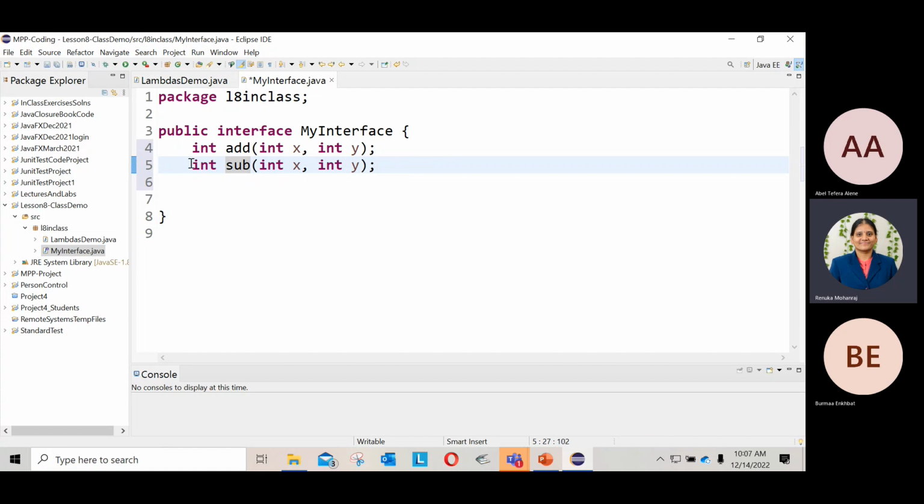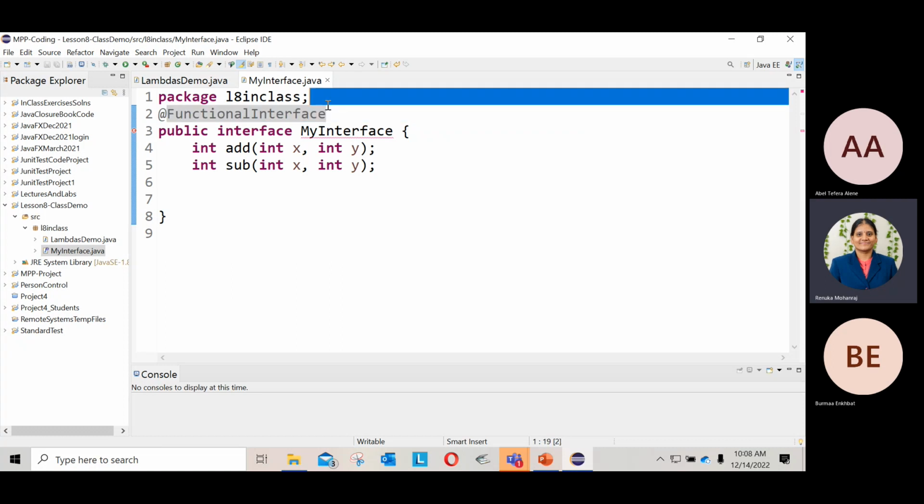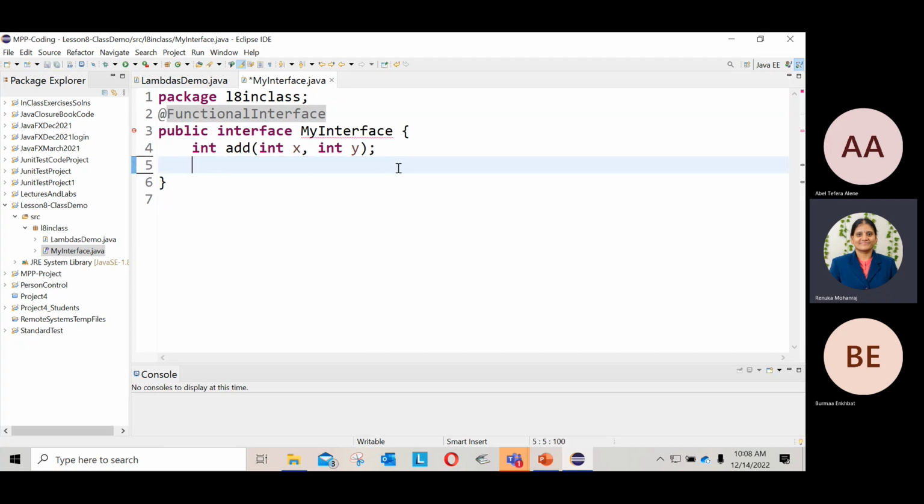So if I want compiler verification, what you can do is put the annotation @FunctionalInterface on the top. This is not mandatory, but you will get compiler verification. If you are sure your interface is a functional interface, you don't need to do that. But when you add something in the future, it won't be a functional interface. So to get that compiler verification, you can put this annotation. It will tell you that it is an invalid functional interface. So for that purpose, you can add an annotation. Okay, let me remove this one and I'll do something else here.